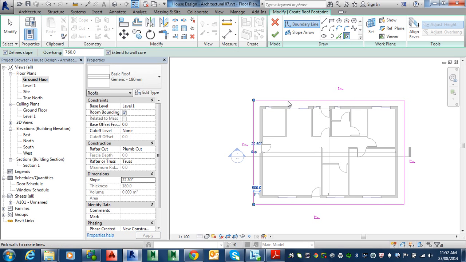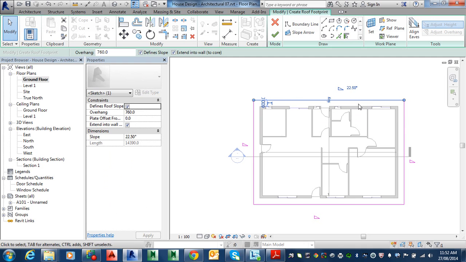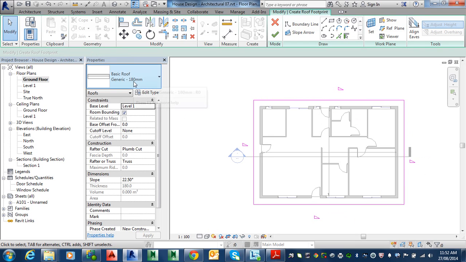Okay, so let's just check that they're all done. Always double checking. Escape that. Escape a couple of times. Yeah, all 22.5. That's all good by the look of it. So that's good. It is a generic 180 roof. What else do we need to do? Really, I think we're pretty much done, except for